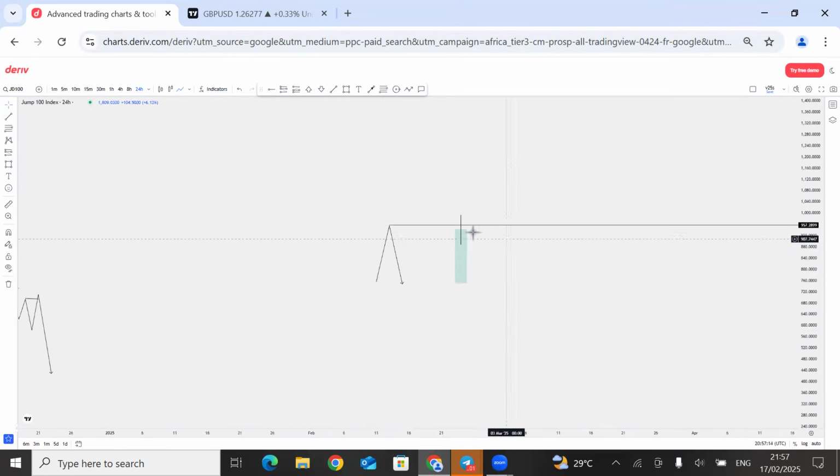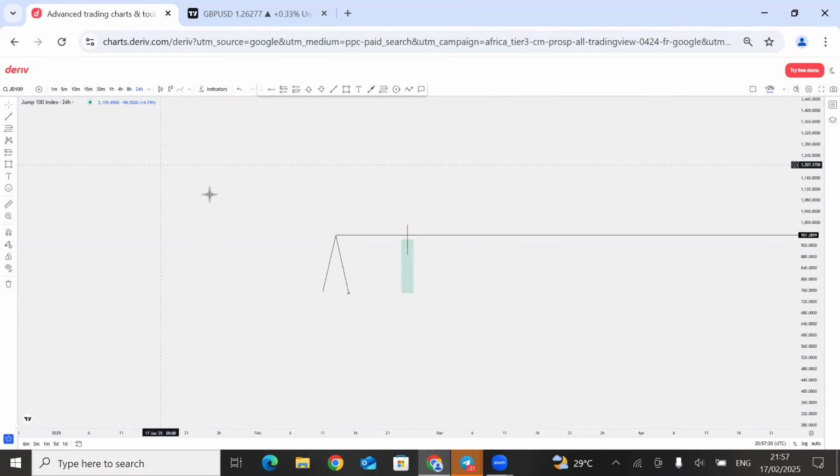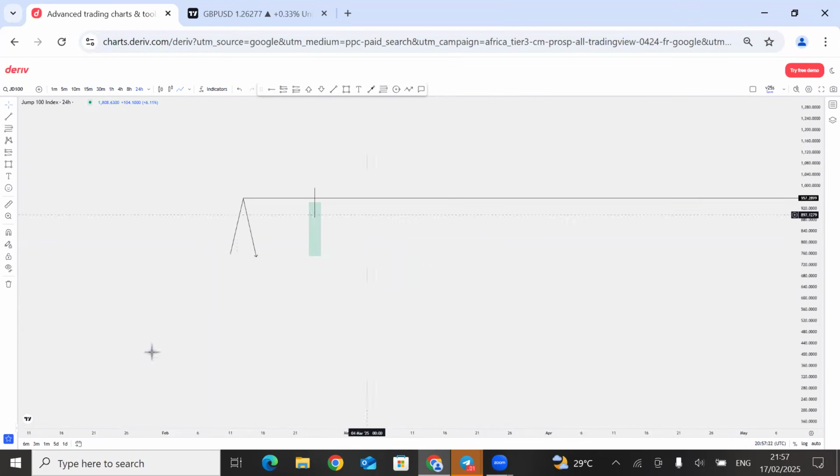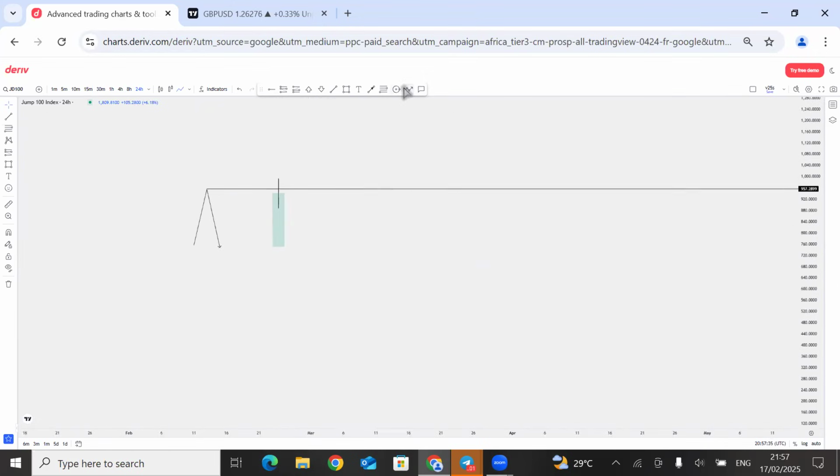We know that our bias is about to turn bearish, but we don't just confirm like that. You want to go to the next lower time frame. If you're on the daily or weekly time frame, take note: this is what you want to see. Price should tap into a key level and the candles should close below that key level. If you're on a daily, go on a 4 hours. If you're on a weekly, go on a daily time frame. Just go one time frame lower. Don't use the eight hours.